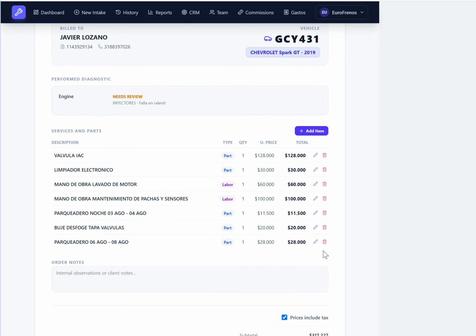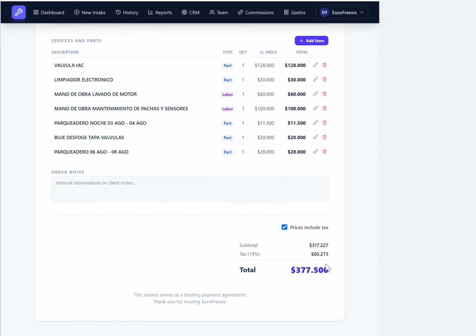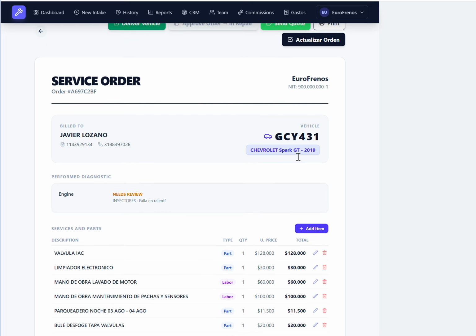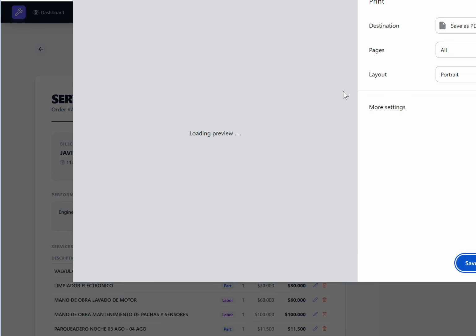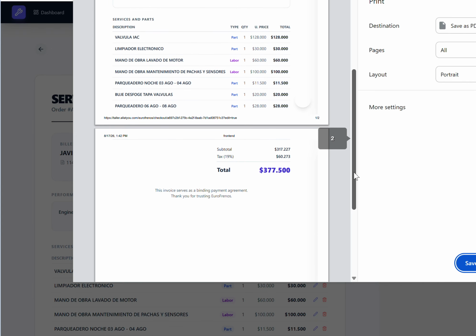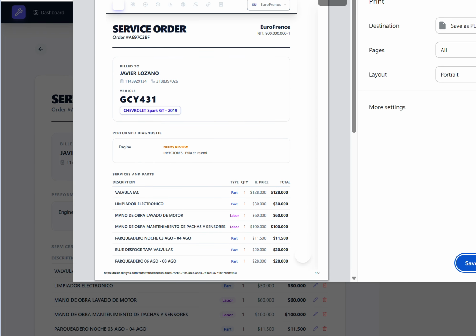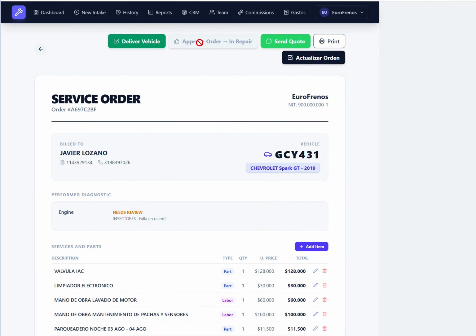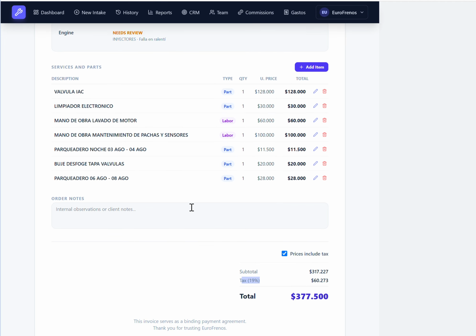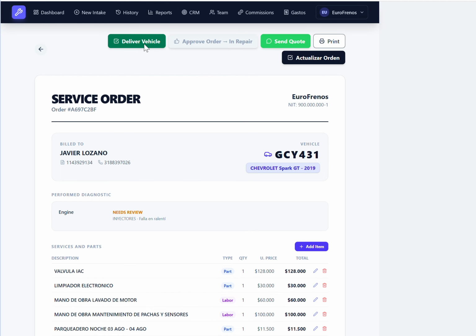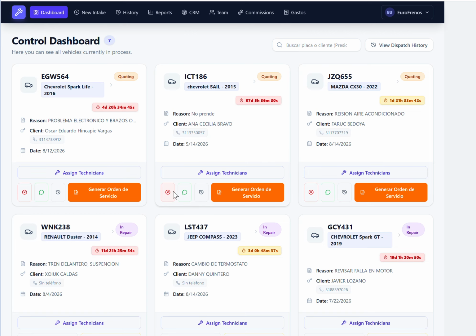So yeah, you can delete and edit all this part or add a new item. I mean, this is the price, and here in Colombia, we manage these tags. Of course, this is completely configurable, so there's no problem. You can also print this one. It will generate a PDF that you can share with your customer. That is also amazing, and of course, approve the order. This is like delivering the vehicle if it is already done. Because that is another case. Maybe all is done, so you just deliver the vehicle, and that's all. Okay, that is what you see